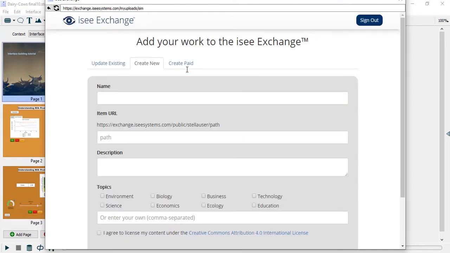It will then bring you to a page where you can add your work. You can see on top there are 3 different tabs: Update Existing, Create New, and Create Paid. Update Existing is when a model or sim app is already published and all you want to do is update the interface. Create New, what we'll be doing right now, will create a brand new sim app that your interface will be published underneath. And Create Paid is when you want to host the model privately for only a select